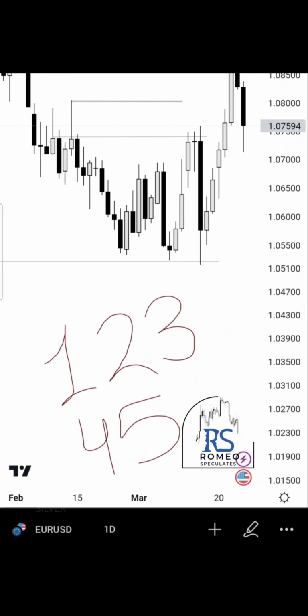ICT's are similar, which is seasonality, monthly bias, weekly profile, daily bias, time of day. But I skip seasonality because